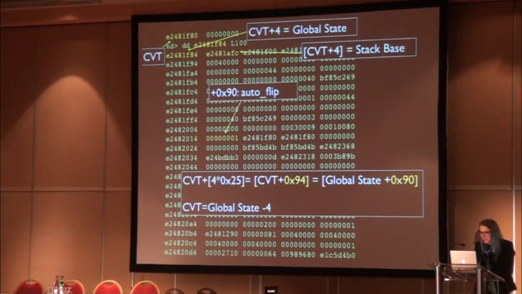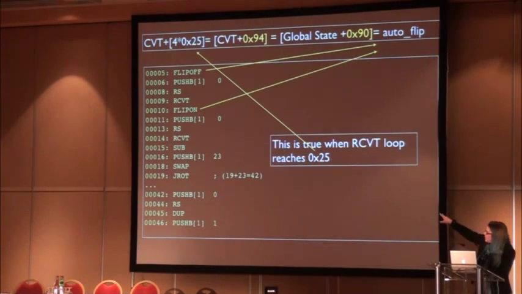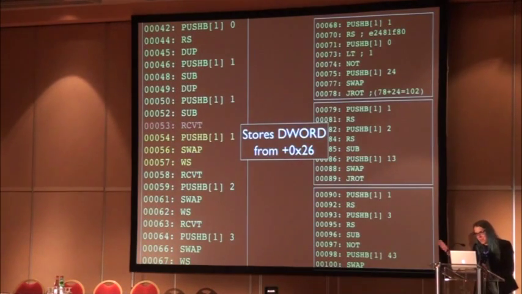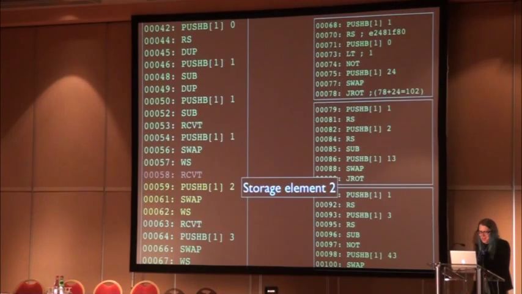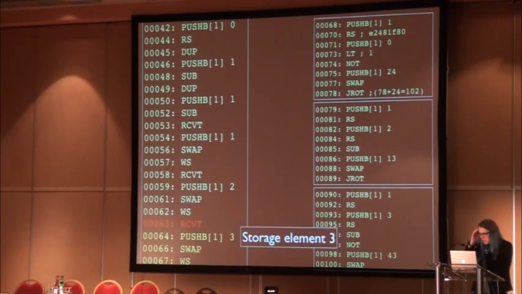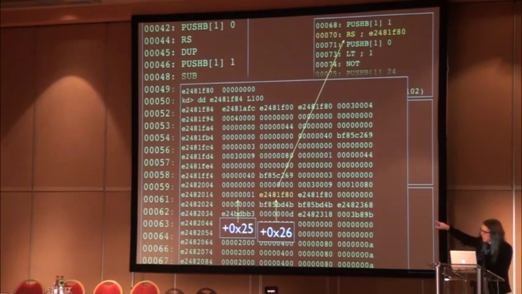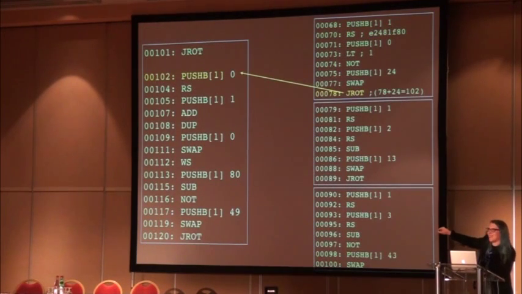So basically, it's flipping this bit on and off, and eventually, after about 37 times, you actually find it. And so now you know where you are in the structure. So it makes some copies of some of the data. It goes in basically reading a bunch of the function pointers out. The one right here, the first one is the